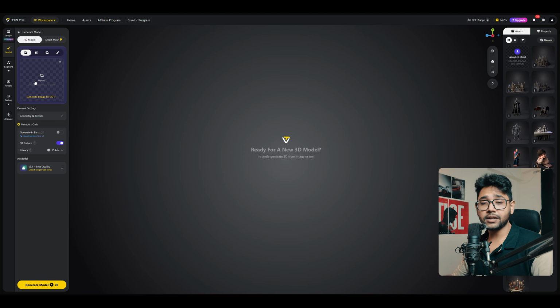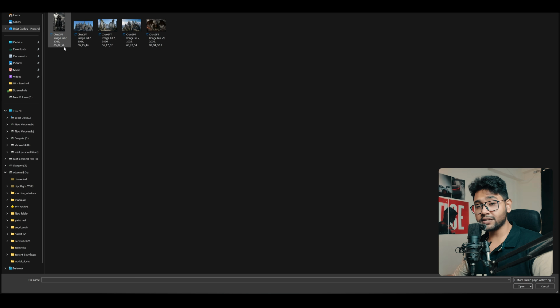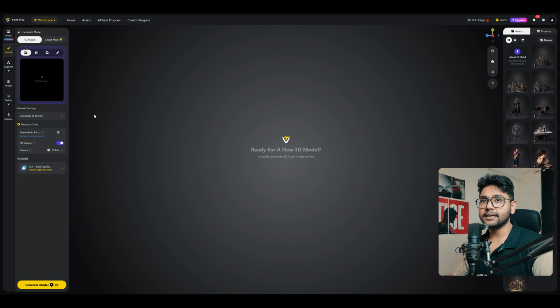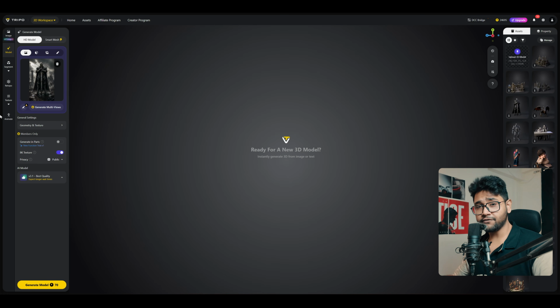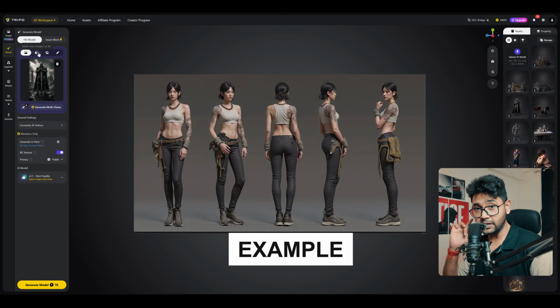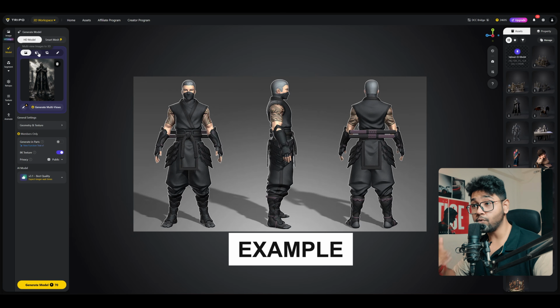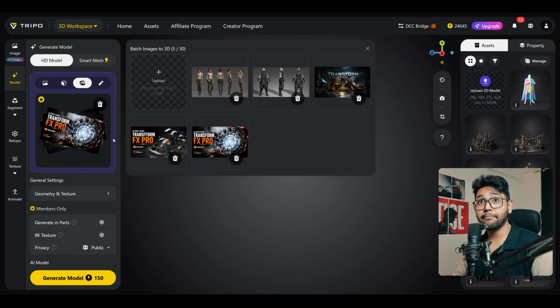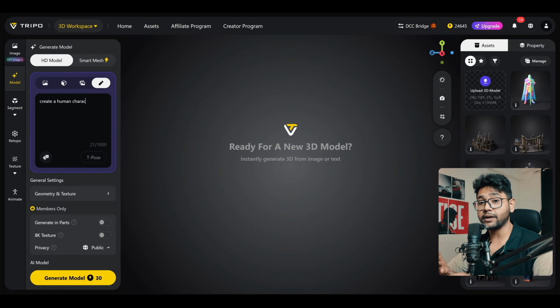So in this HD model, you need to import the image from which you want to create a 3D model. So let's import this first knight image. Just double click and it will import over here. Now after the import, you can see a few options over here: multi-view image to 3D. So if you have multiple views for this image, you can definitely select that and it will create a more detailed 3D model. Also, there's batch images, like if you want multiple images to be created in 3D, you can use that. And the last one is text to model. In fact, you can type a few prompts and the model will be created for you.